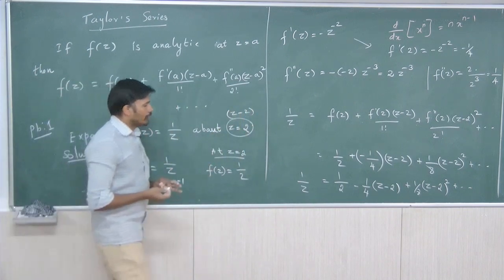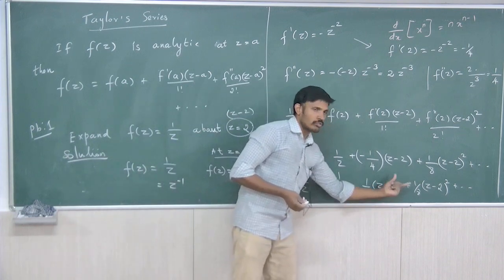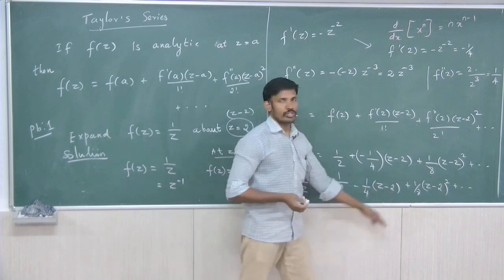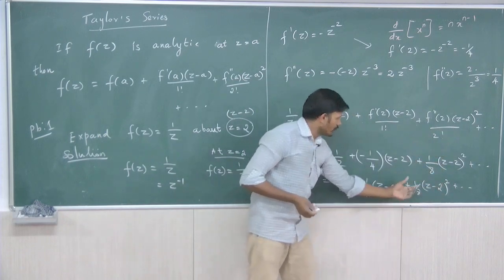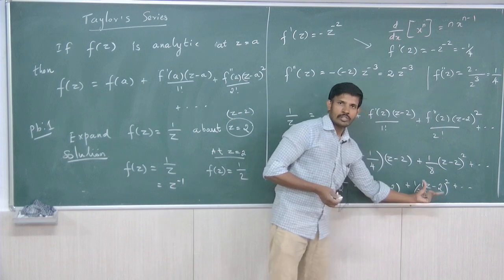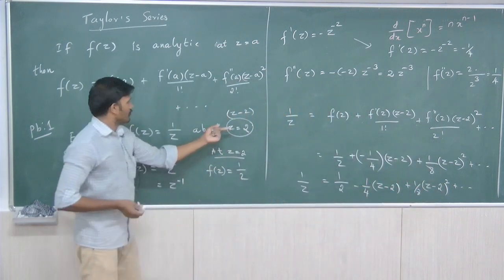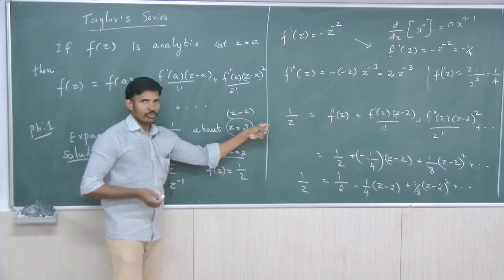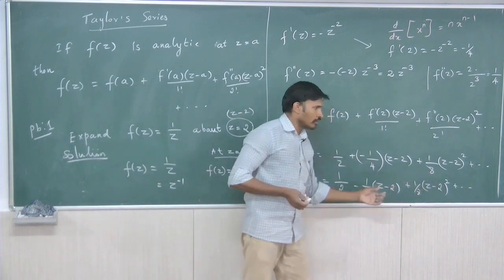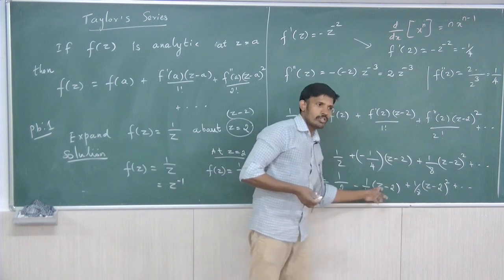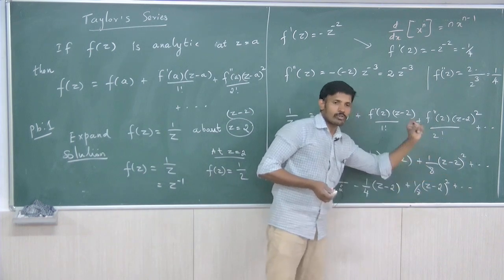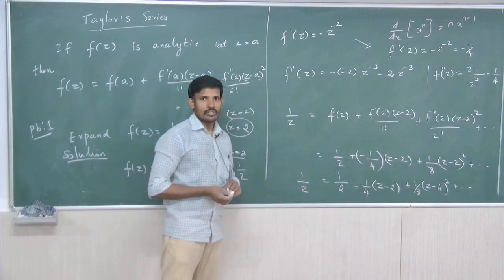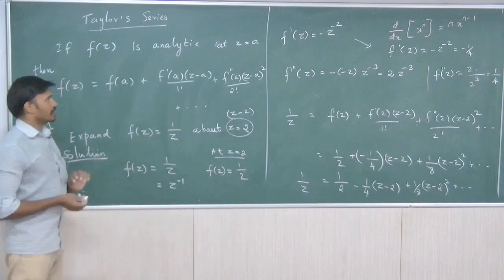So for that, better you keep this term as z minus 2 whole square like this. No need to expand these terms, right? Please keep in mind: suppose instead of z equal to 2, they are asking z equal to 1, then try to write this expression in terms of z minus 1, z minus 1 whole square, or z minus 3 whole square like this. Try to write this expansion, right? So already you can easily understand.